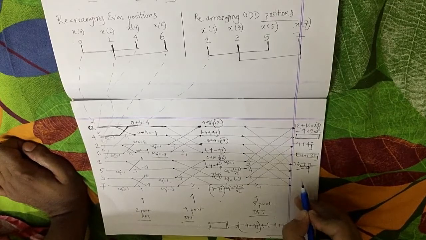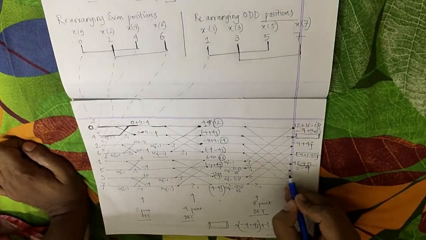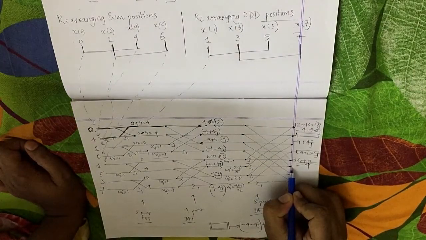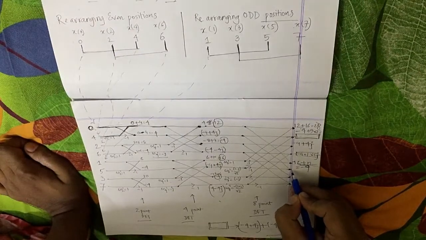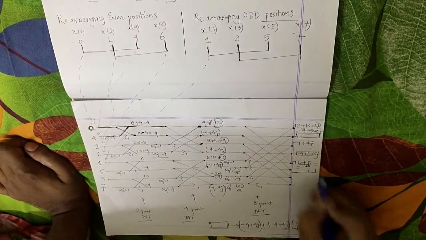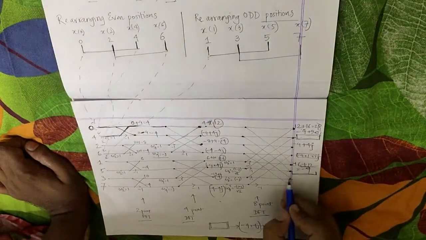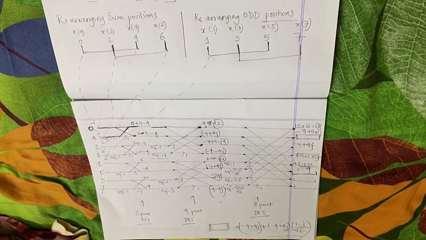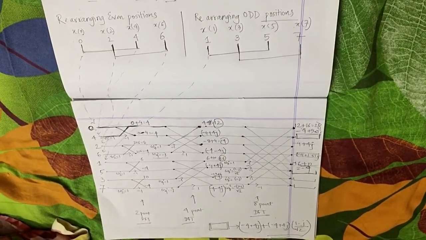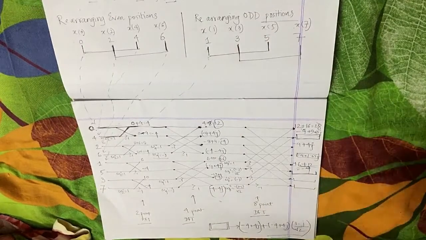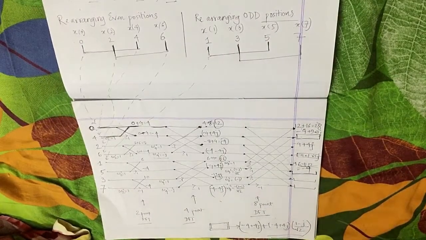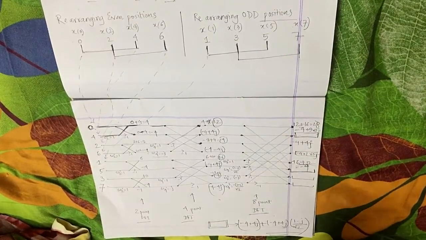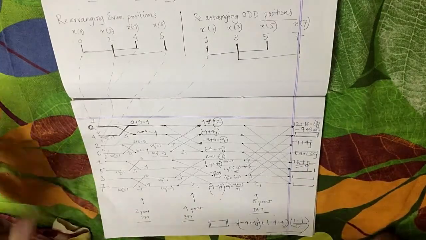So two more lines remaining, not two exactly, 3 more lines, this line, and this line. What about the value of this one, this value? Can you tell what is the value of this line? And what about this and this? Can you tell? So without even solving all the values, you can directly tell the rest of the values. I will now show you a trick of telling what should be the value in these 3 places.